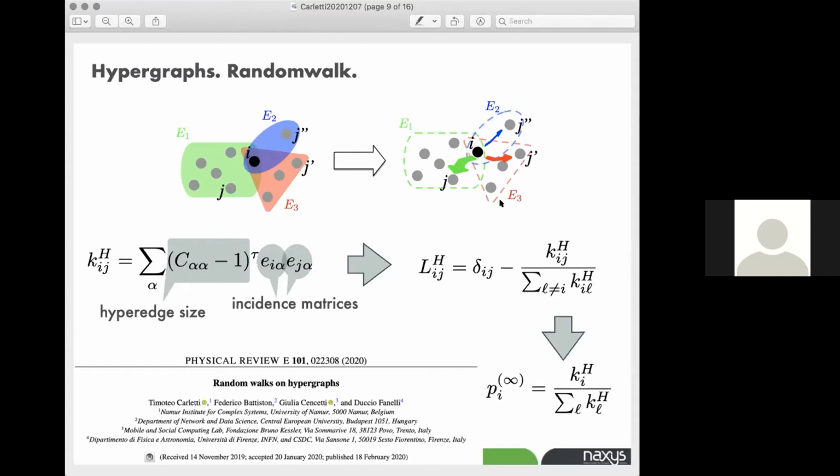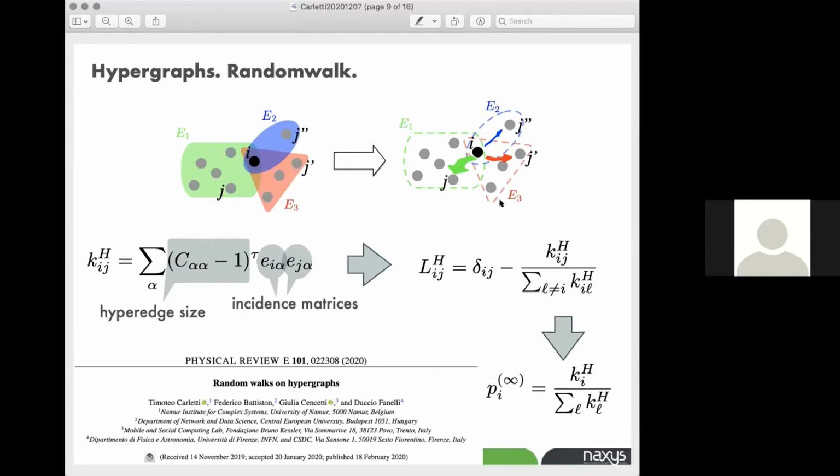There is also a parameter tau, because you can think that the larger the size, the better it is, so tau is positive, but you can also have some models where this is opposite. If you take tau negative, then the largest size reduces the speed of the spread of the information. In the following, I will take tau equal to 1 just to simplify things, but if you're interested, you can look in the papers that are quoted at the bottom of the page.